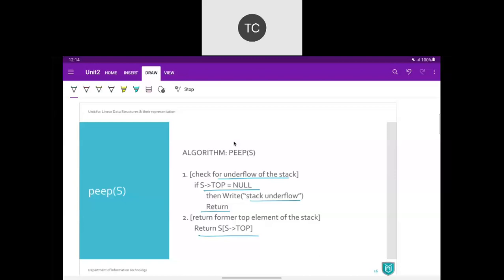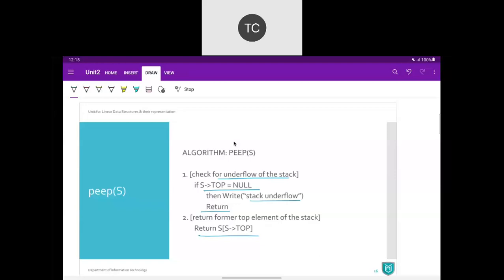इनफिक्स से पोस्टफिक्स जब हम कन्वर्जन करेंगे तो हम वहां पे ऑपरेटर चेक करेंगे, भाई मेरे स्टैक के अंदर कौन सा ऑपरेटर है और इनपुट में मुझे कौन सा ऑपरेटर मिला। अब दोनों ऑपरेटर का प्रेसिडेंस कंपेयर करेंगे, भाई किसका प्रेसिडेंस ज्यादा है, पहले मैं उसको कंसिडर करूंगा। So at that time we will require pip operation। तो ये हो गया एक एग्जाम्पल व्हाई वी नीड पिप। इस तरह के कोई भी ऑपरेशन है तो आप पिप यूज कर सकते हो। When you just want to see what is there on the top, you can go for pip।